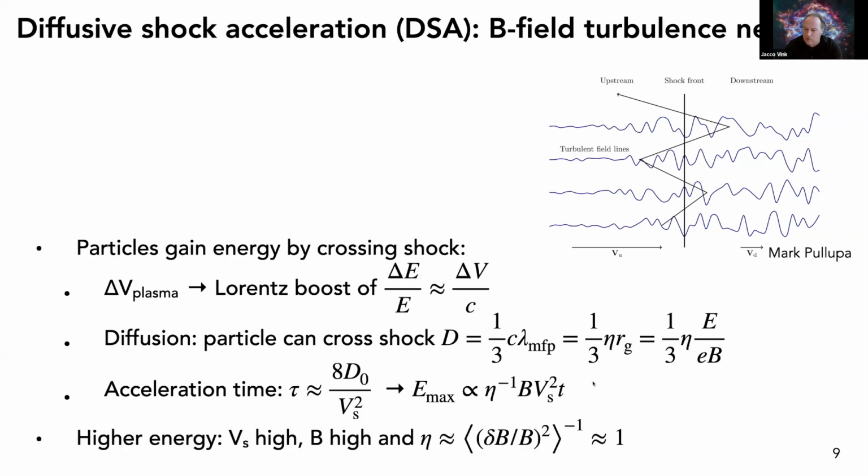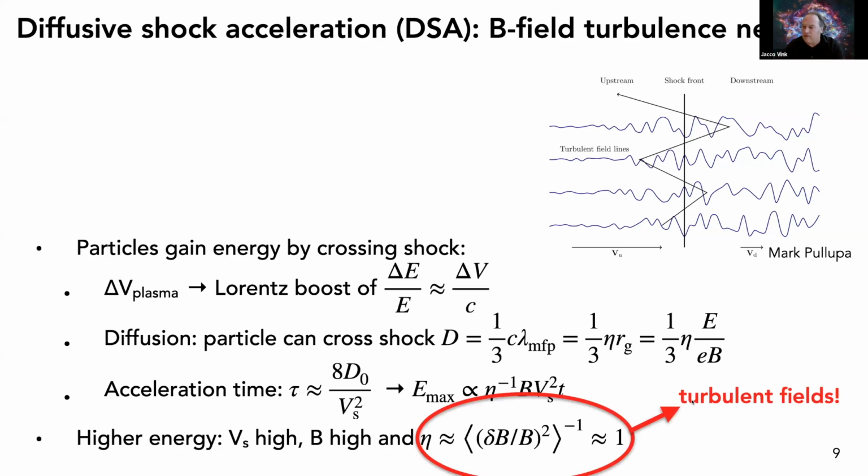There is a relation between this gyro factor eta and the magnetic field turbulence, namely eta is inversely proportional to (delta B over B) squared, the inverse of that. And so the best that you can get is an eta around 1. So that is actually the shortest diffusion scale that you can get. In practice, you expect actually much larger, but we know now that in young supernova remnants, it may be close to 1.